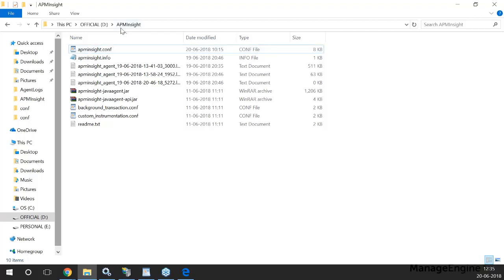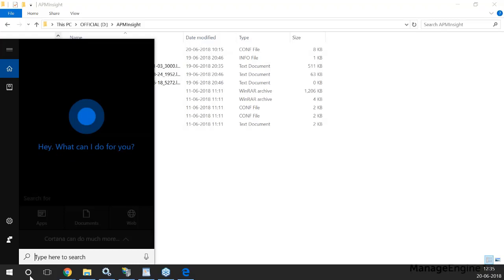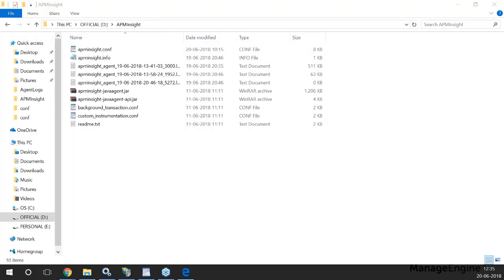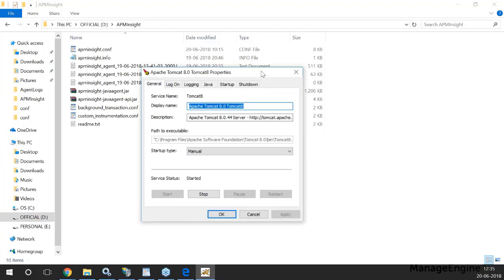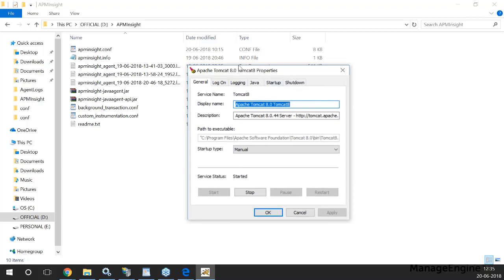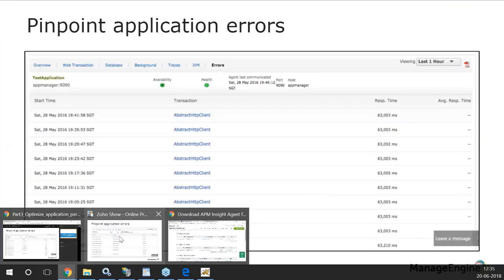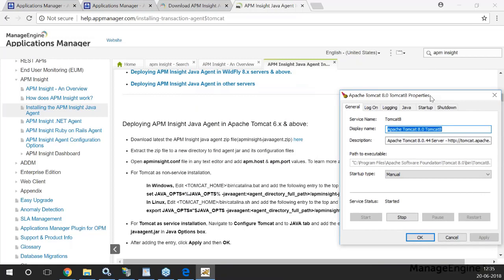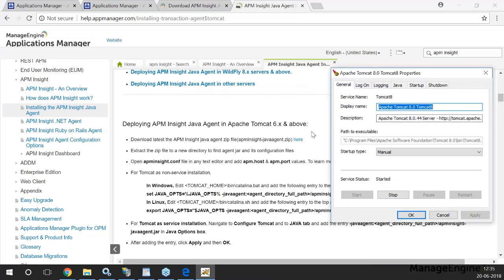So once you have located the path of this Java agent, what you have to do ideally is open the Tomcat configuration window. Now once I open the Tomcat configuration window, let me drag it here for you. So this is the Tomcat configuration window. Now remember, let me open the help document for you, which should make it easier to understand. So what we are going to do essentially here is follow the instructions given for configuring the Java agent in